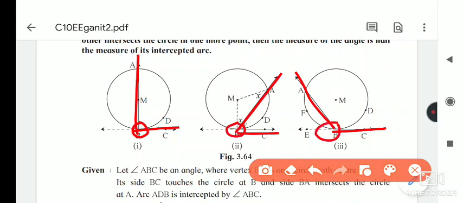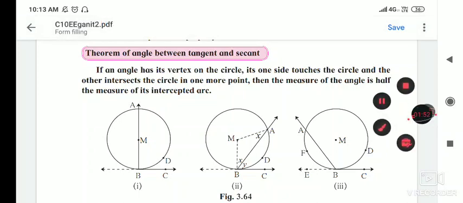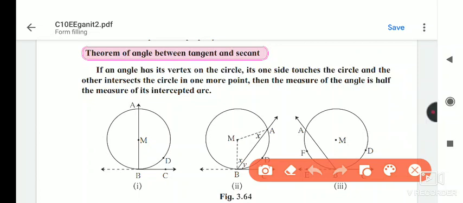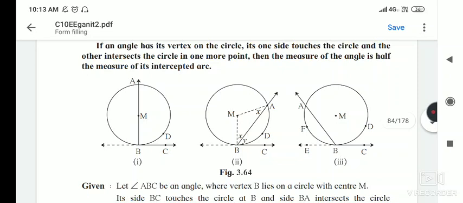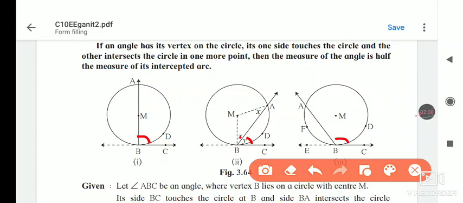If such a situation is there, then in the theorem of tangent and secant we have to show that the measure of the angle is half the measure of the intercepted arc. So angle ABC is half of